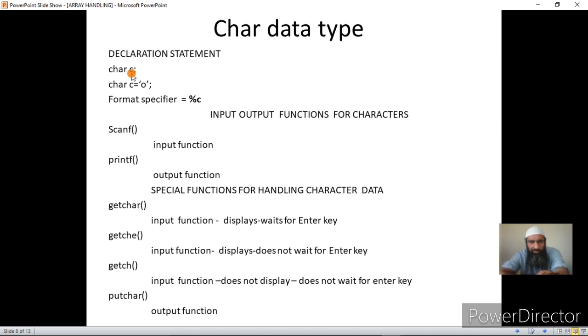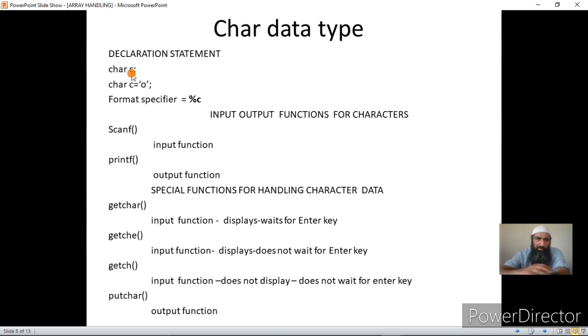Single character means either an alphabet A or B or a digit 1. At that time, when I store a numeric 1 in it, the data will be treated as a character, not as a number. Okay, so we can store alphabets or digits in a character variable. Such data is called alphanumeric data. Alphanumeric means which is alphabet type or number type.